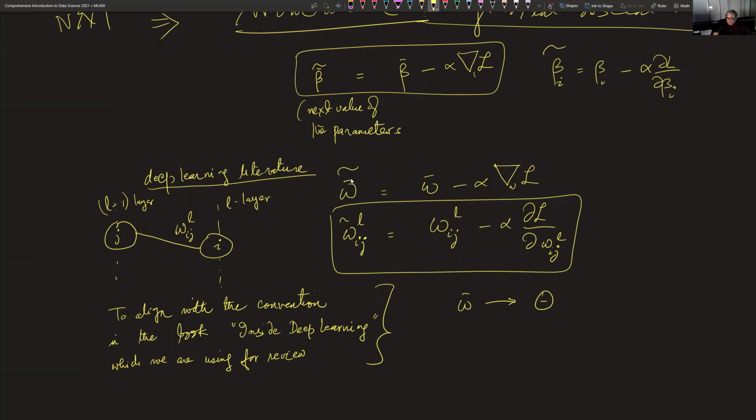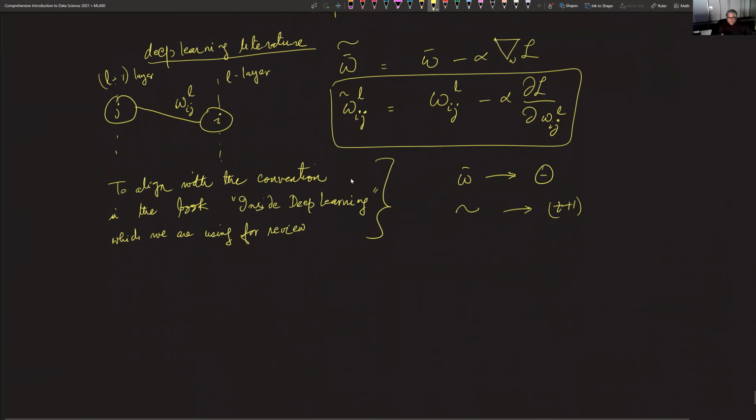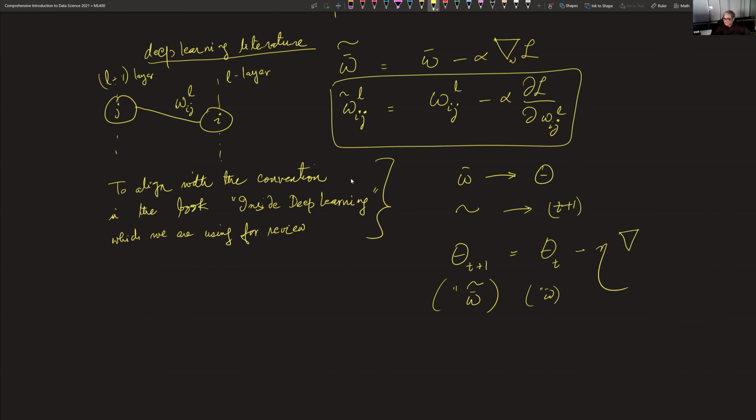It's assumed it's a vector. And my tilde goes to t+1. You're saying that in the t+1 iteration, theta t+1 is equal to, this is essentially in my language W tilde, the previous value of theta in the previous step minus eta, right? So this part would be W, and this would be eta. And gradient of,